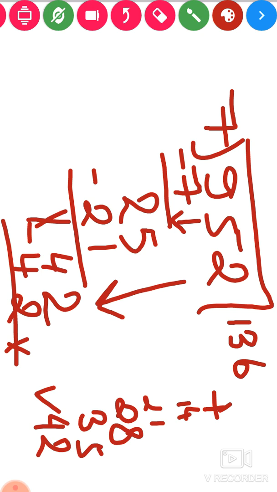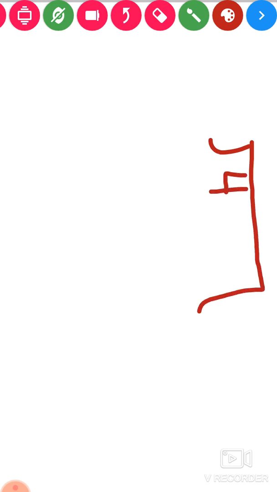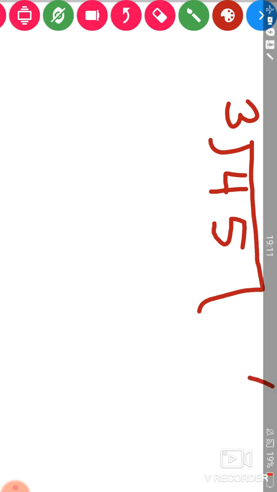Fine, you got it. Now, as this is a new type of question for you, I am going to give you one more question for you to practice. So now you have to divide 45 with 3. A kind of similar question, but with a smaller digit. 45 divided by 3. Do this question.